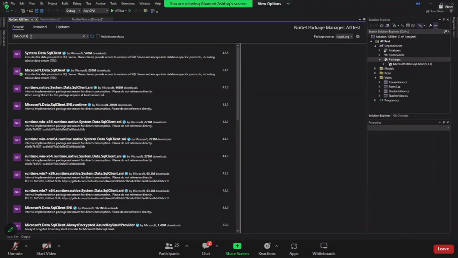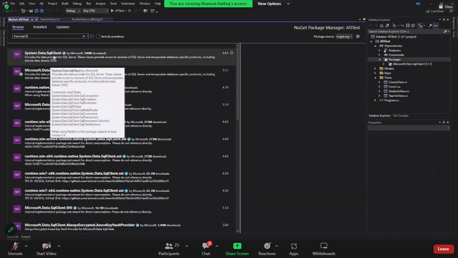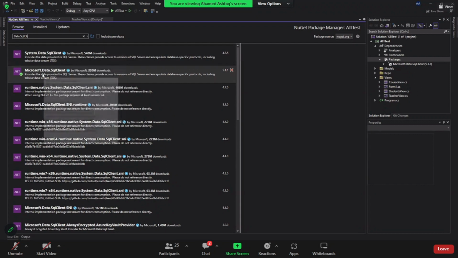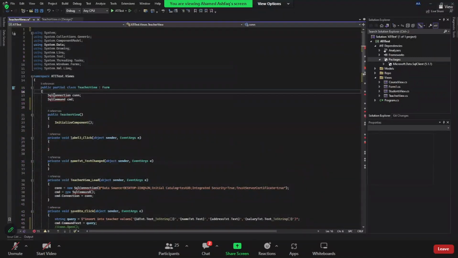So after that, you need to select this Microsoft Data.SQL client. Please don't select System Data.SQL client. Use this Microsoft Data.SQL client, and I think you can pretty much install whatever version you want. Depending on your .NET version, you can select that. So I have installed the latest one. So after that, when you come here and code